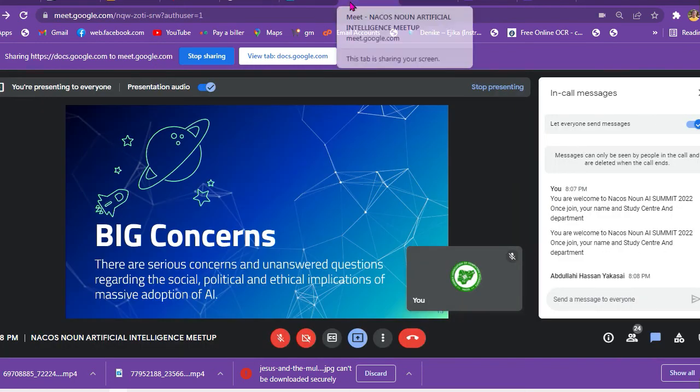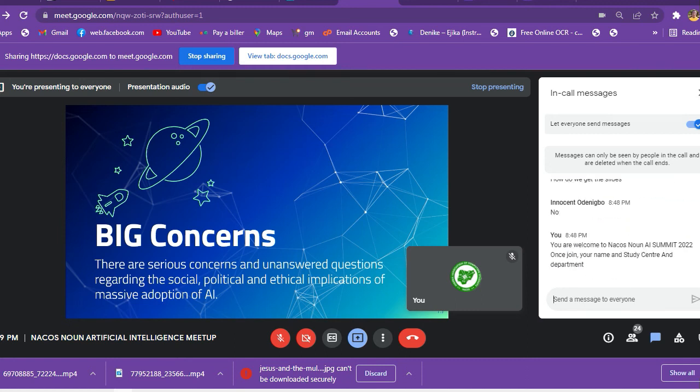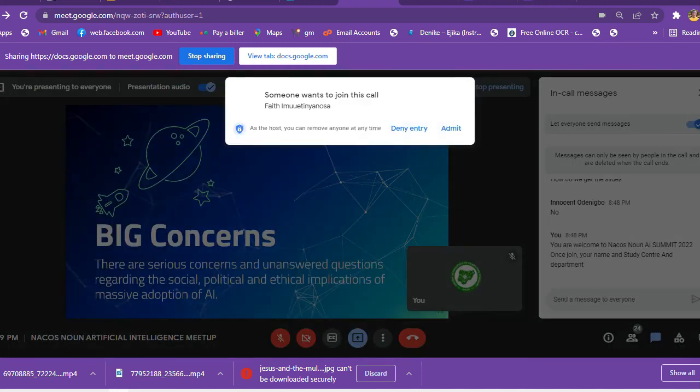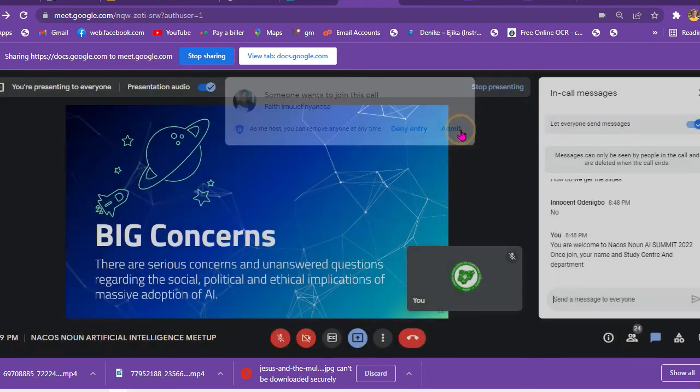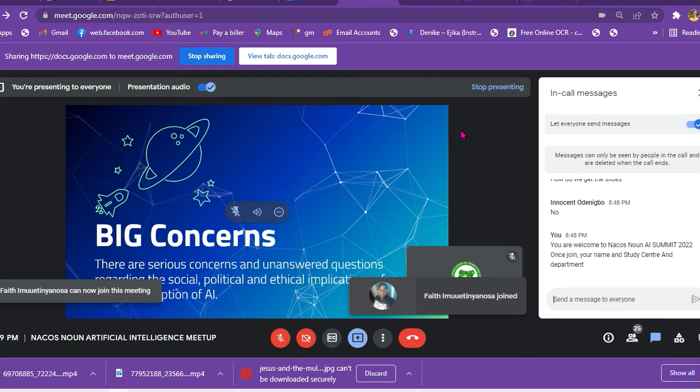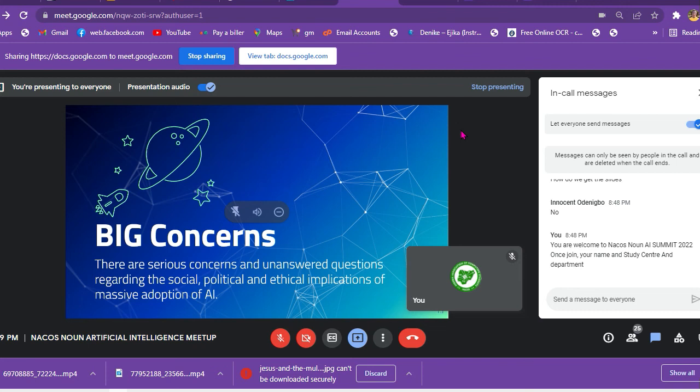So what is the biggest concern when it comes to AI? I know you must have come across something in the news that AI is here to take over our jobs, AI is here to kill us. These are the kind of issues that are being raised by people who are even in charge of developing these algorithms. That if there is no ethical or regulatory framework, there are some serious concerns that AI systems or AI-powered systems